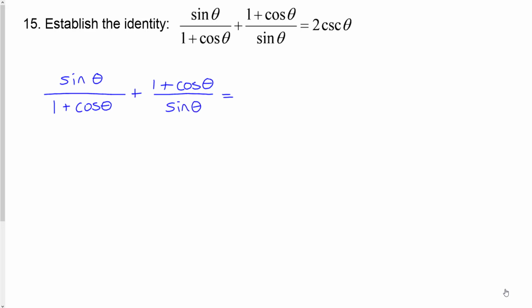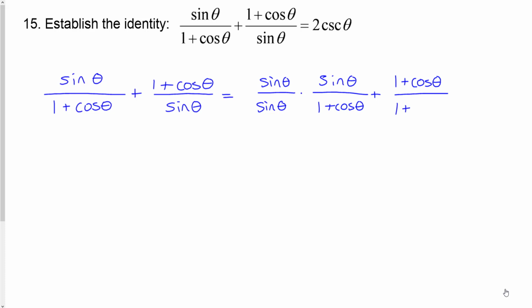Okay, so my first instinct here is to try and combine these into a single fraction. But I'm going to need a common denominator. In order to get that, I would need to multiply the first fraction by sine theta over itself, and the second fraction by 1 plus cosine theta over itself, okay,